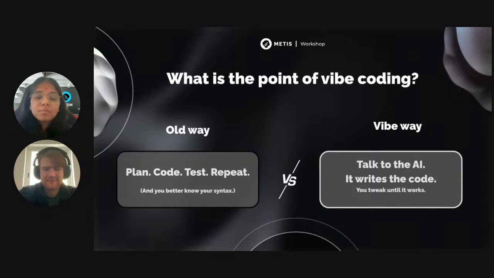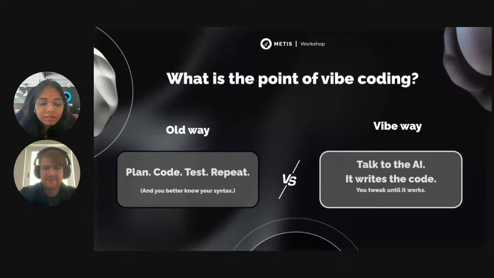And what's the point of vibe coding? Why do we even need it, right? In the traditional way, how we used to code: we plan a project, we plan an app or application, we code it, we test it, and we repeat the same thing, right?